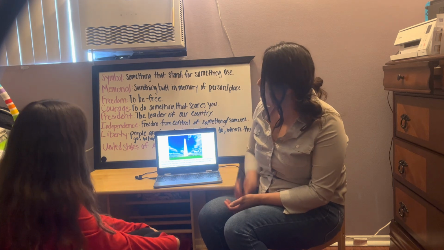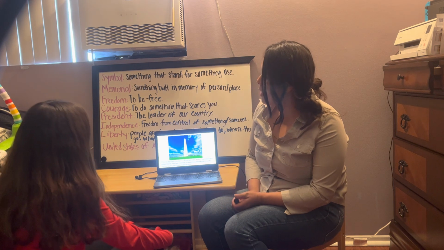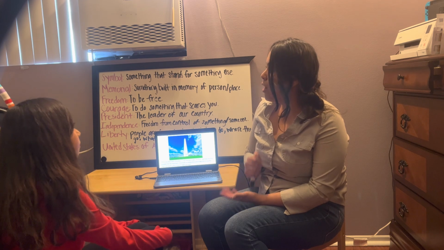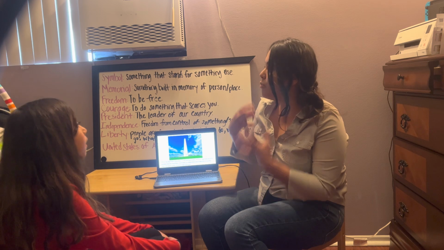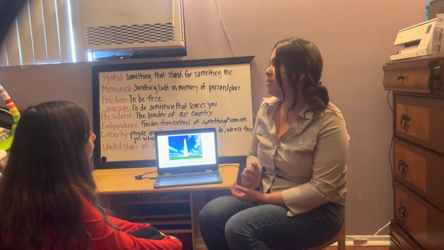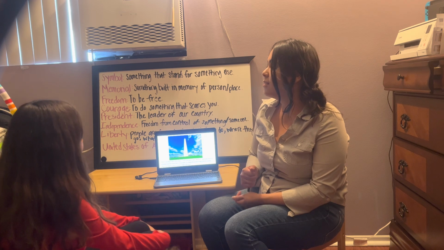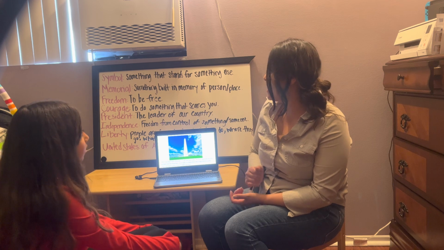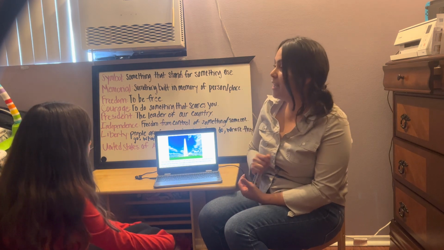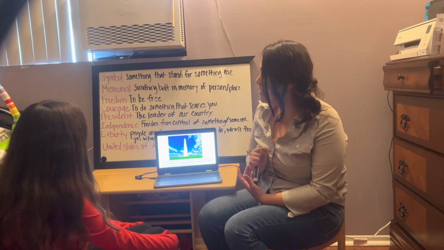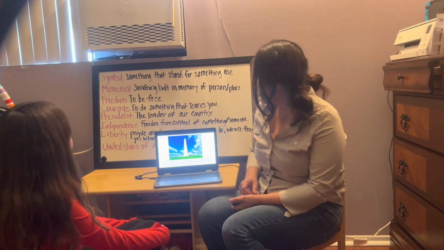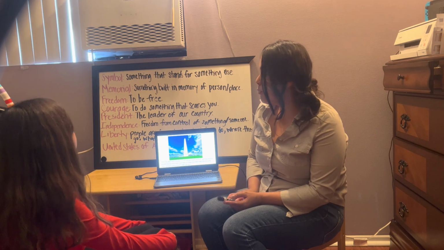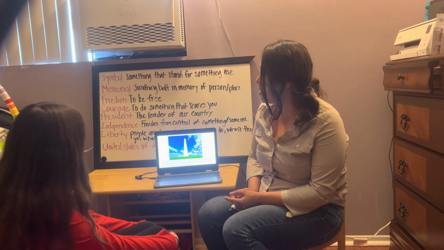What about this one? This one I'm going to tell you because maybe a lot of you have not seen this, but this is the Washington Monument. Does anybody know Washington? What does that remind you of when I say Washington? It reminds me of the town. The state. Yeah, Washington D.C., the state. It is also the name of one of our presidents, George Washington, our first president, actually. It is an American symbol because it represents our first president, George Washington. He brought us independence and established our country.